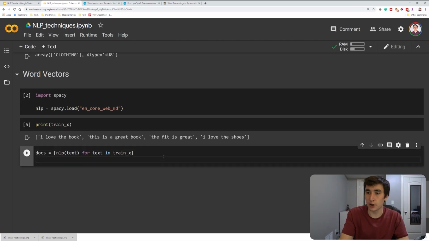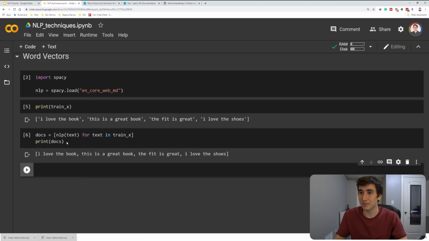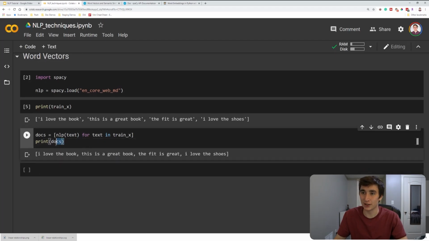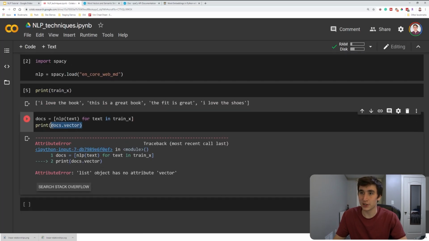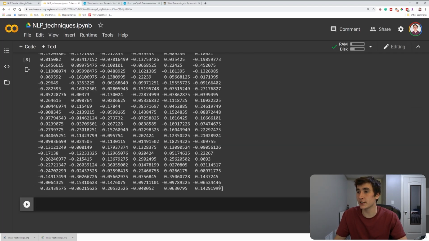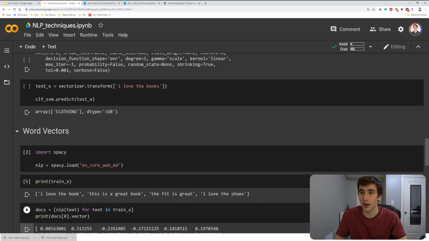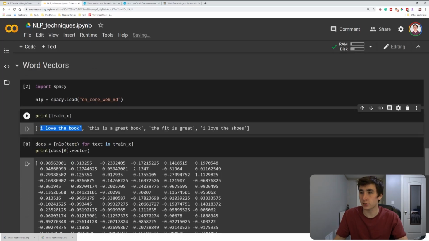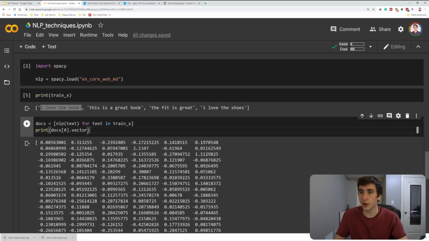So now if I print out docs, if I print out docs.vector, if I print out, let's say, the first doc's vector, you're going to see that this is the word embedding representation, the average word embedding for each of the words in I love the book. So that's cool. We did that pretty easily using spacy and a couple lines of code. And now that we have this,